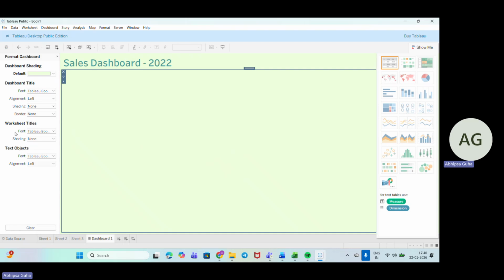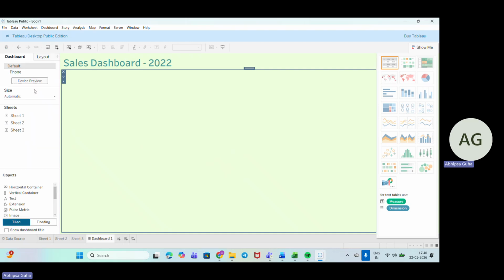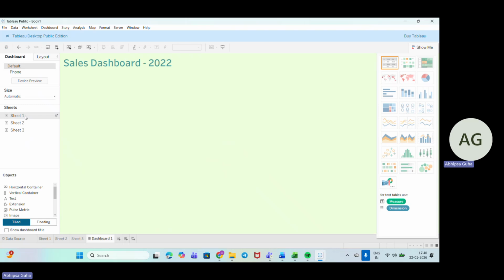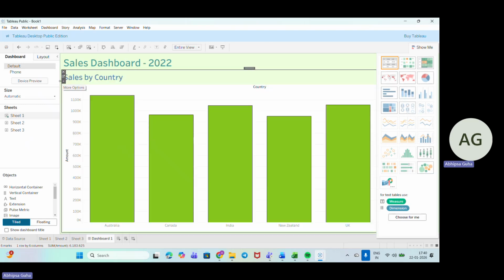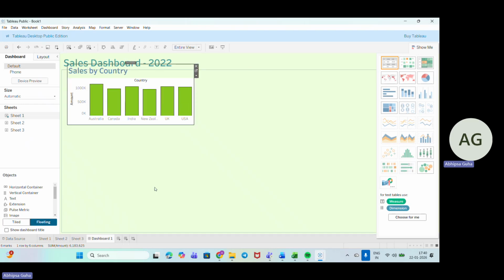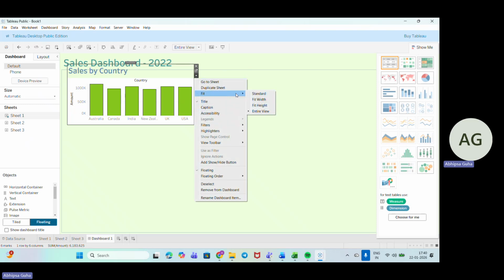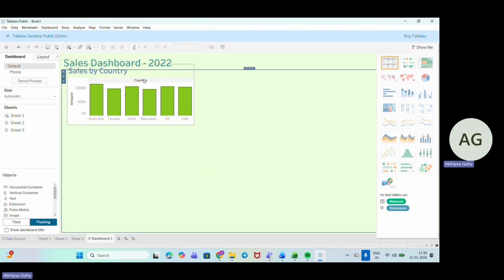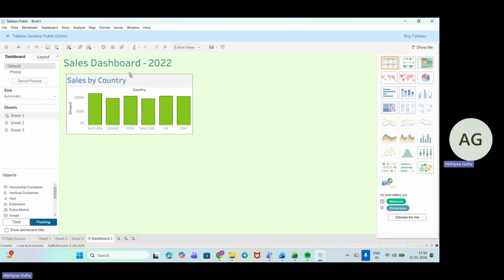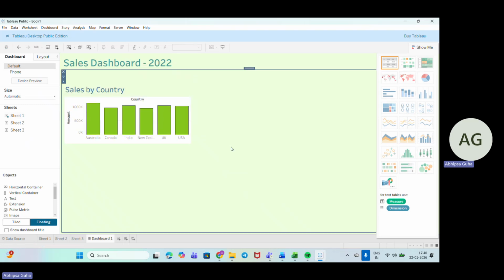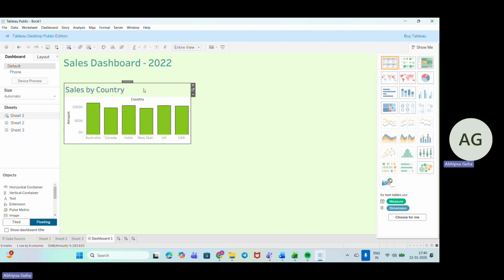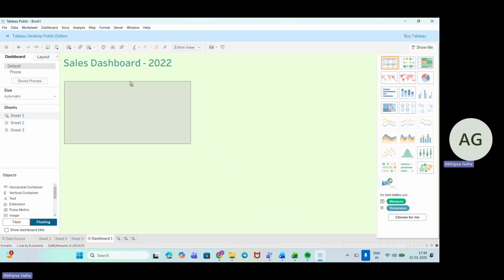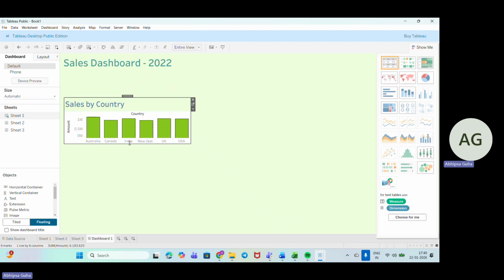This is fine. Now we'll add this, drag and drop this here. We'll go down to floating and here I'll just go for fit entire view. Yeah, that's fine. So now I'll just check and add this here so that things are automatically viewed. We can just view it like this.